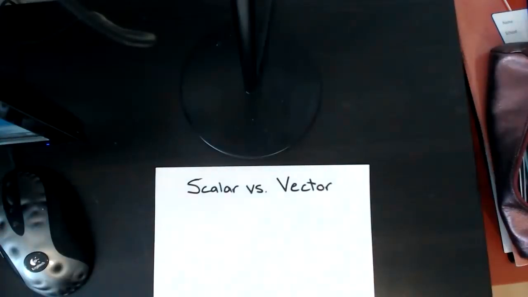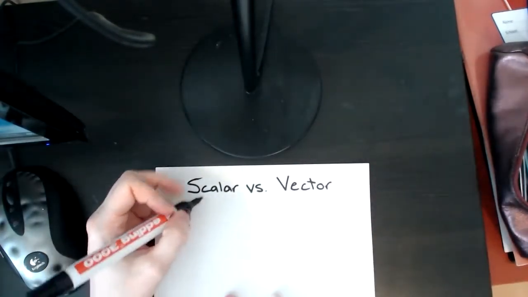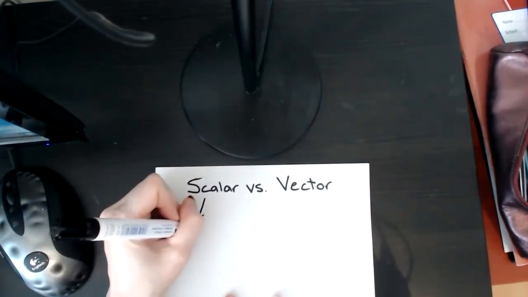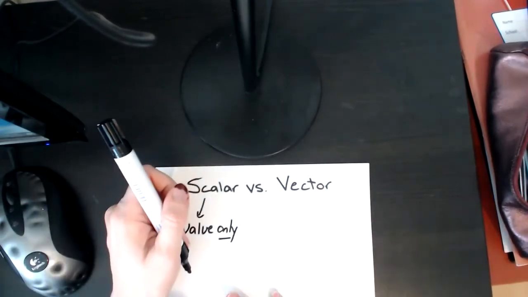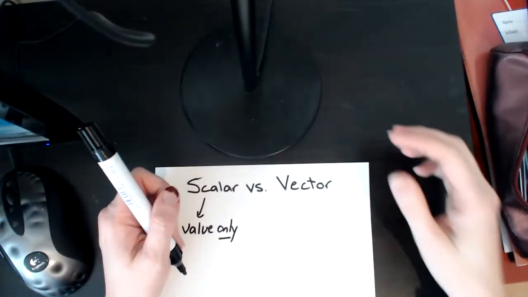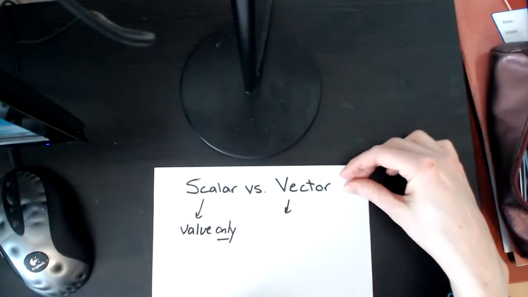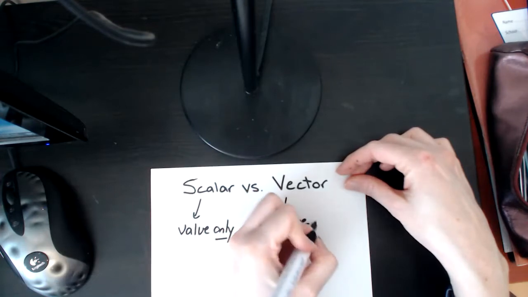So scalar versus vector quantities, the concept is very simple. Scalar quantities are quantities that only have a value or a number assigned to them. This would be, for example, temperature. When we talk about temperature, it's simply a number. Vector quantities are also going to have a value or a number assigned to them, but they also